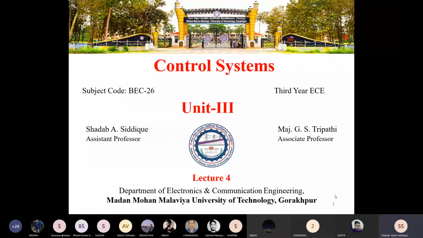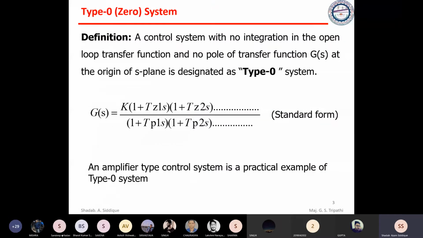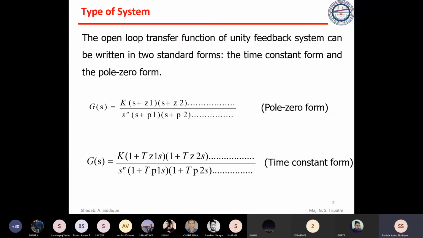So let me start today's class. Yesterday in class we were discussing the type of the system. In that we went through the two forms of the transfer function, that is pole zero form and time constant form. And in pole zero form, I told you that the s should have a coefficient of 1,